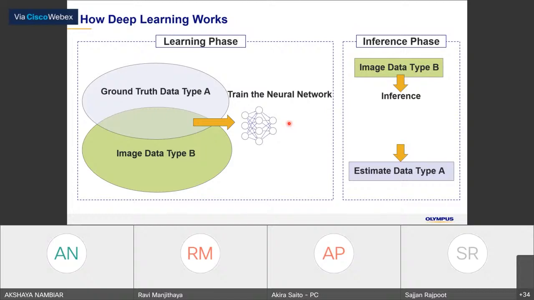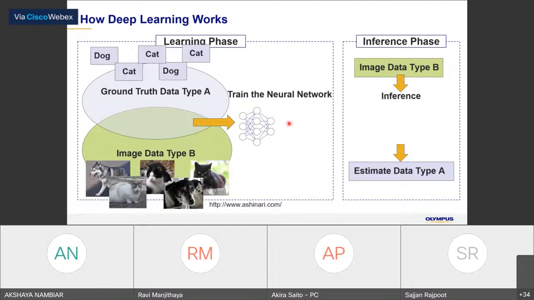To train this neural network, we need the ground truth and also the image data, in a very simple way: this is dog, this is cat, cat, dog, cat.